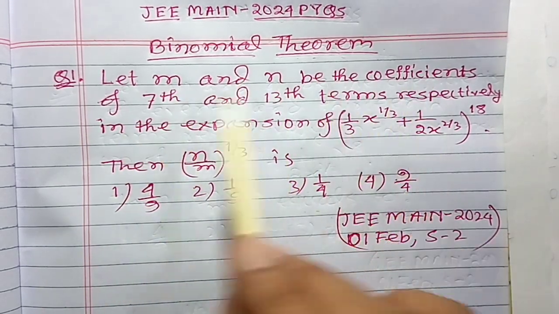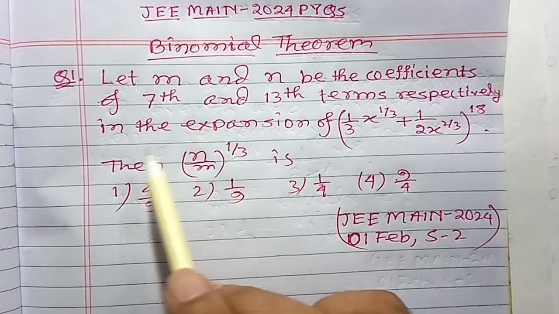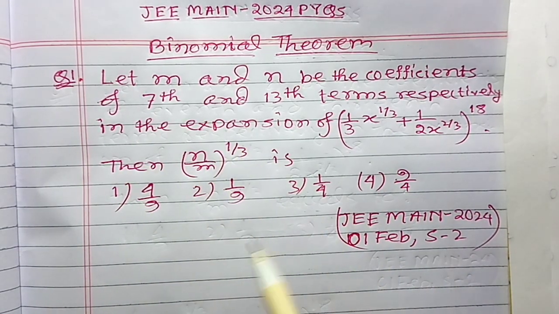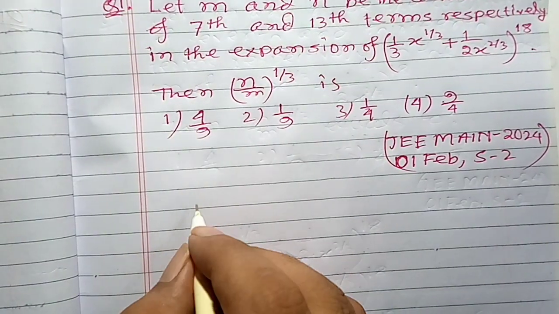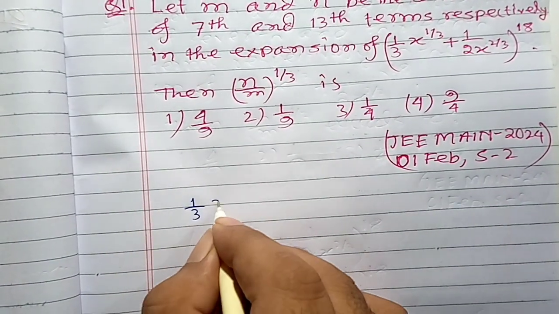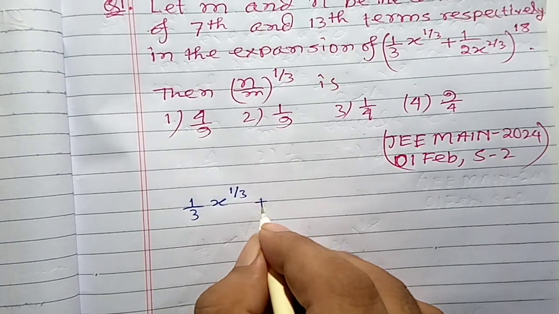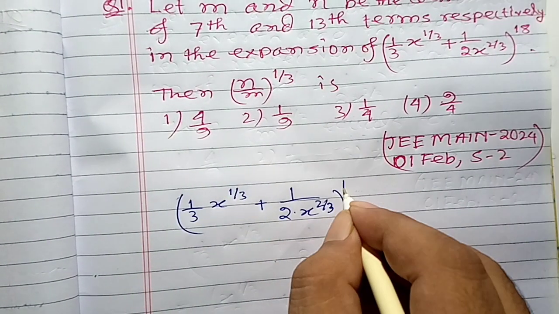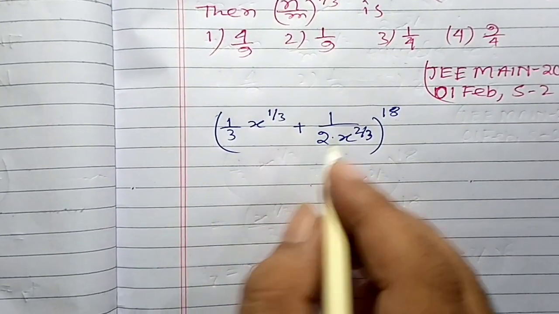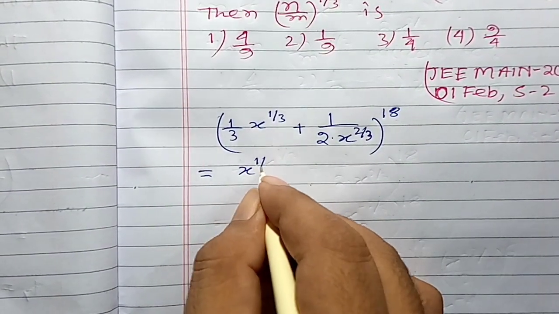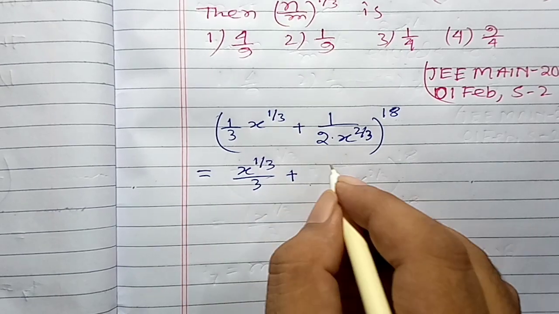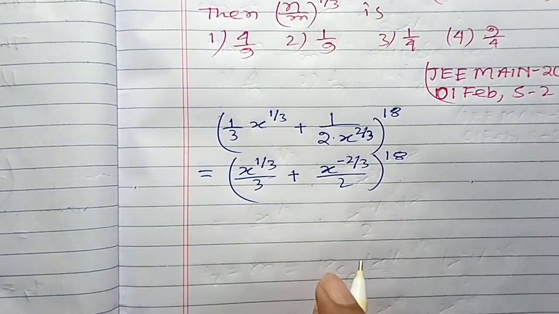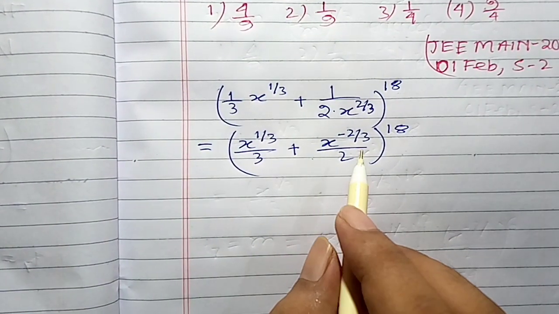तो आज का पहला सवाल देखिए, लेट m and n बी द कोफिशिएंट ऑफ 7th and 13th टर्म्स रेस्पेक्टिवली इन द एक्सपांशन ऑफ (1/3 x^(1/3) + 1/2 x^(-2/3))^18, देन (n/m)^(1/3) इज इक्वल टू व्हाट। तो देखिए कैसे करता हूँ इस सवाल को। ये वाला दिया है, x to the power 1/3 by 3 प्लस x to the power minus 2/3 by 2 होल टू दी पावर 18। नाउ इसका एक्सपेंशन का सातवां टर्म